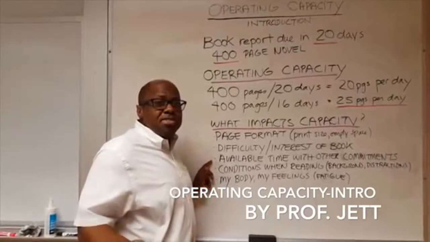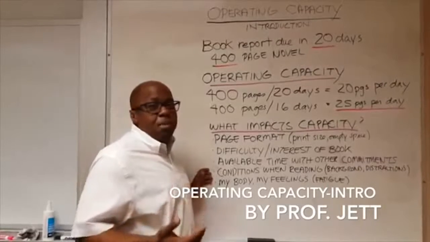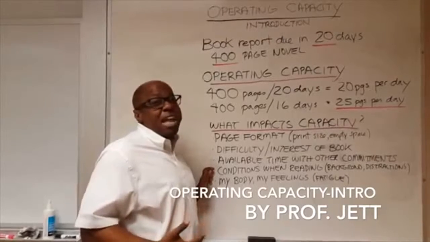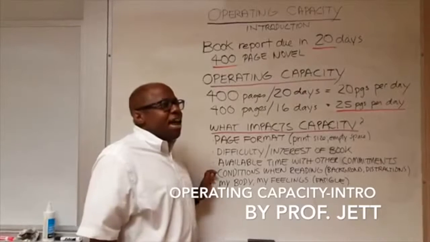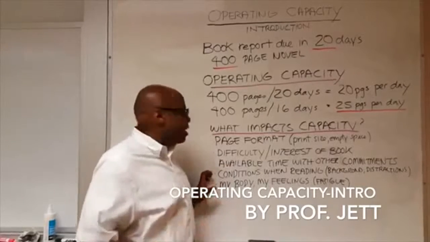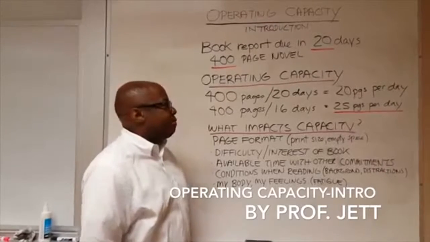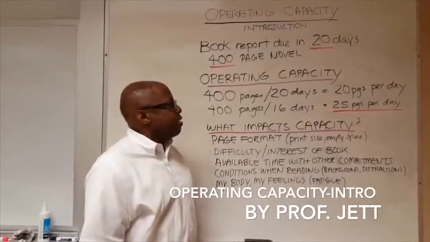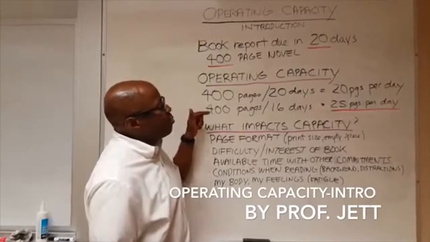Then I might have other commitments on a particular day that could get in the way of the time I can put in. When I'm reading on a particular day, there might be background noise or some distraction. I might have, let's say, a pet that wants to play with me, or a friend I haven't seen, and I want to talk to them. That would get in the way of how much I could get done on a daily basis. Or even just being fatigued. I may want to read up to 25 pages per day, but I might be tired because of other things going on. So the point is I use operating capacity, output per time, 25 pages per day,